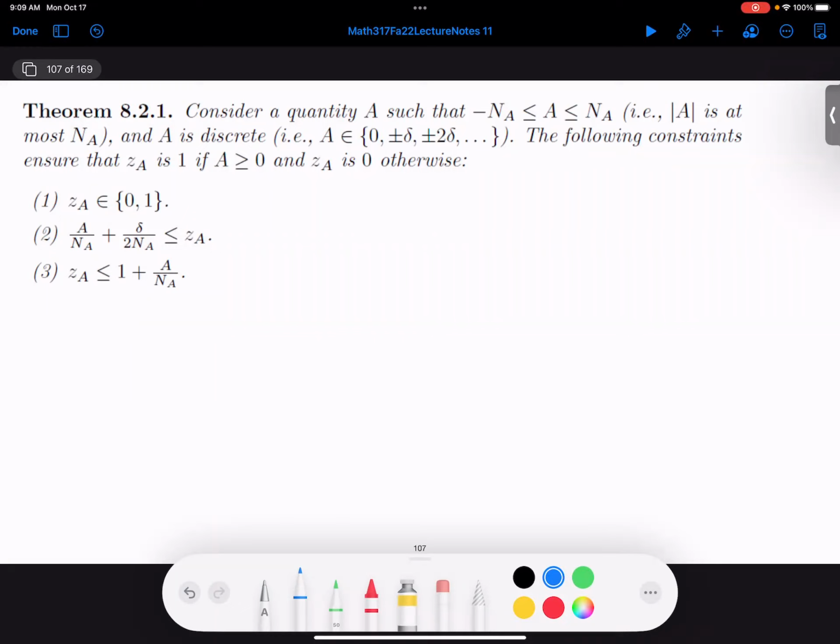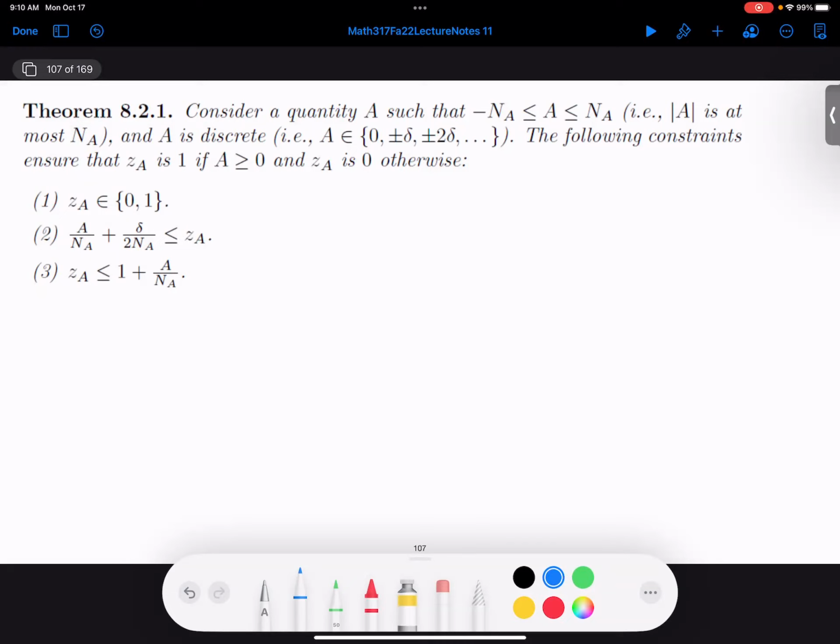And you can decide whether you want A greater than or equal to 0 or greater than 0. It doesn't really make that much of a difference. This could be maybe a penalty function. Maybe if A happens, I want to subtract something. So for instance, maybe if Terminator is playing, I'm going to subtract a little bit from the demand for Rambo. And so Z of A will be 1 if Terminator is playing. And now I can multiply this by something and give myself a little bit of a decrease in the demand of one of the movies. So for many things, it's frequently useful to detect if something is happening. And I might not care just how much. I care, is it happening or not?